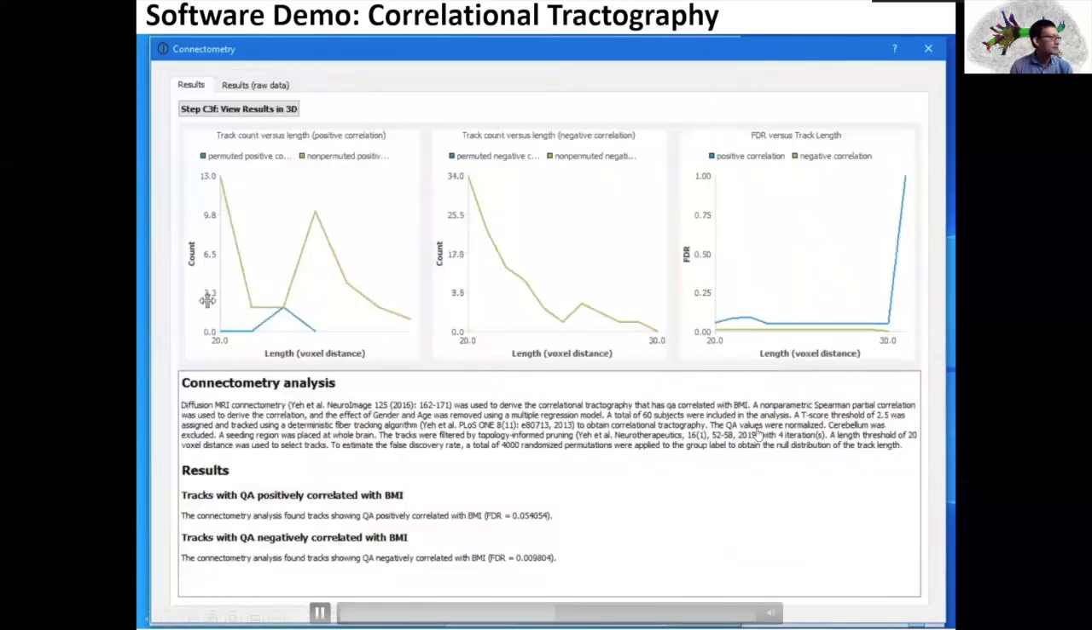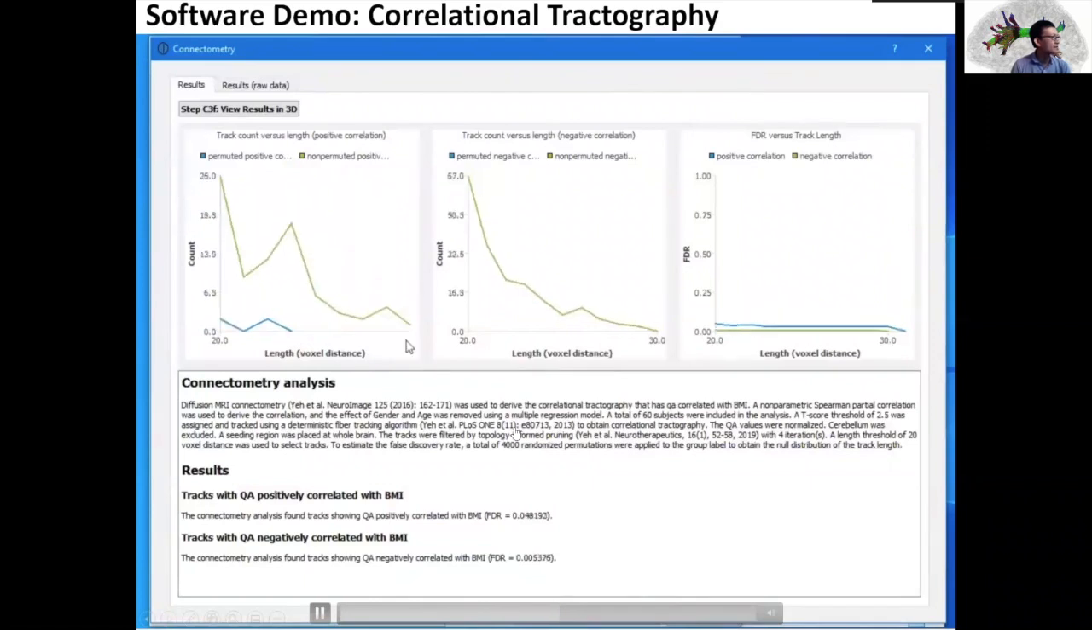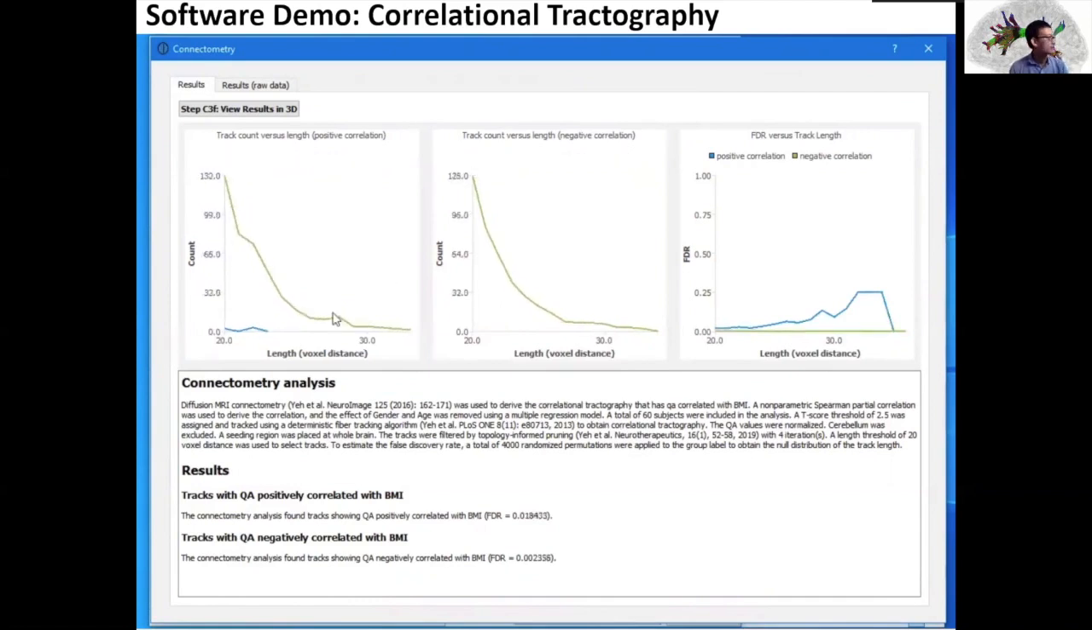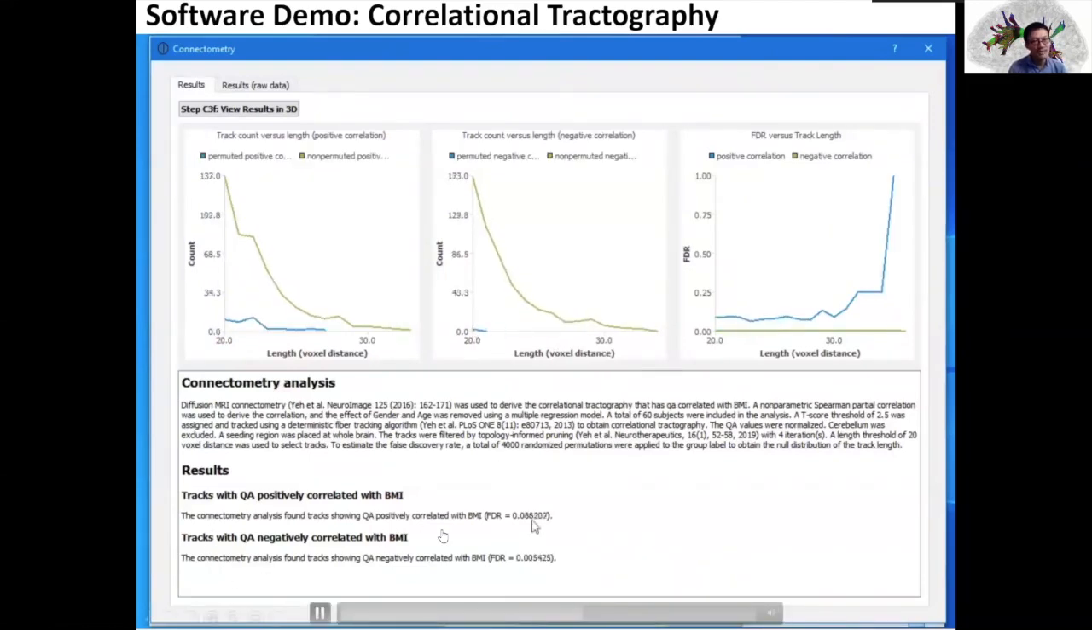On the right-hand side, you will see several plots, one for positive correlation. On the right, there is negative correlation. They will be analyzed separately. You'll see two lines, one for permuted results, another one for non-permuted results. The reason is DSS Studio will use a permutation test to check the reliability of the results and calculate